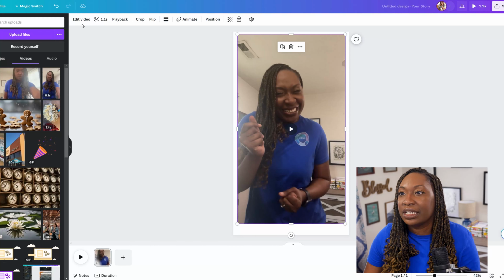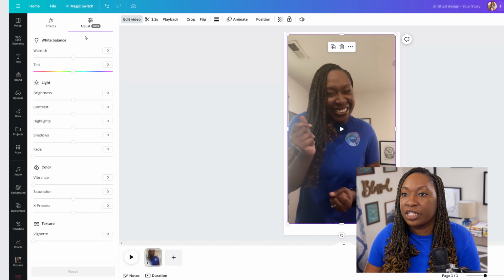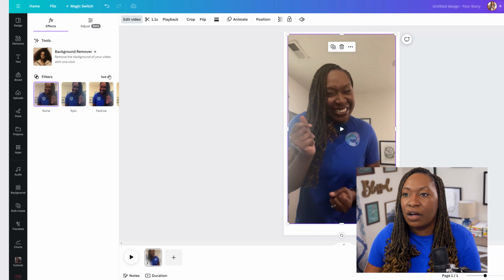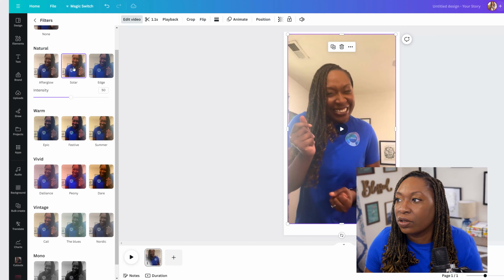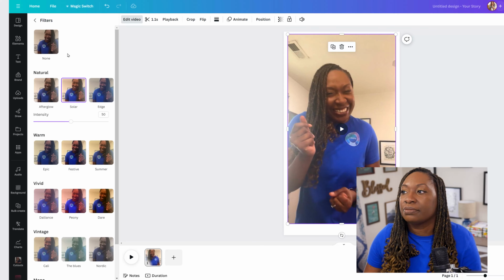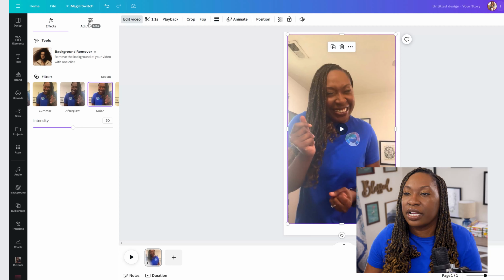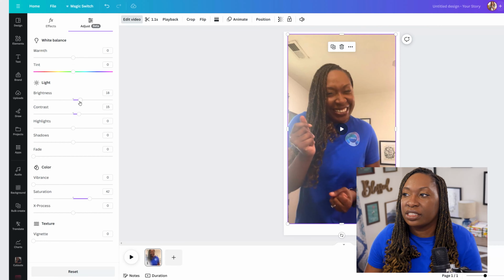And what I want to do in this case is, again, we want to do a quick edit. I can also just apply a filter. So if any of these filters, solar is looking pretty good. So that'll give me a good place to start. And then I can adjust just a little bit more to help me to stand out. And you'll see what I mean. I'm not super concerned about the blowout in this one